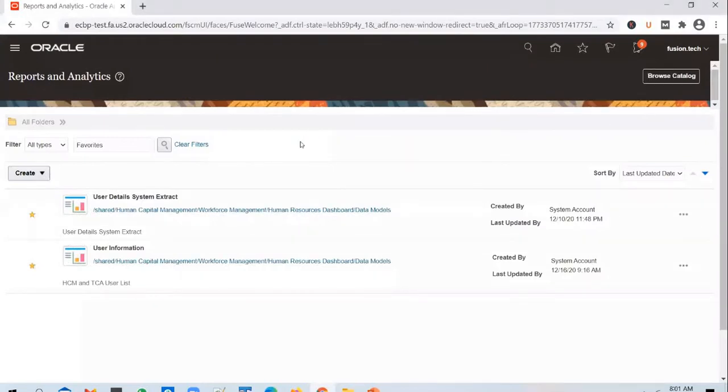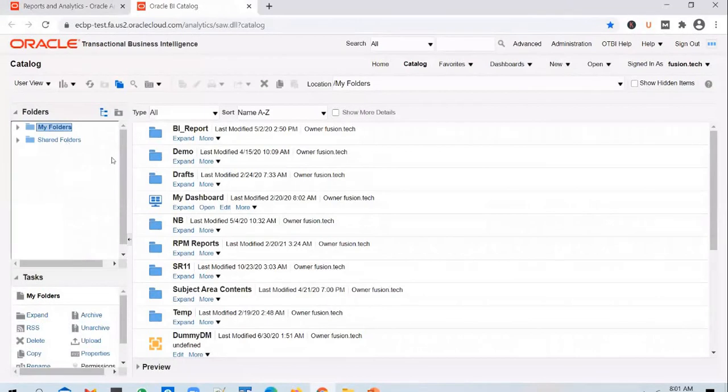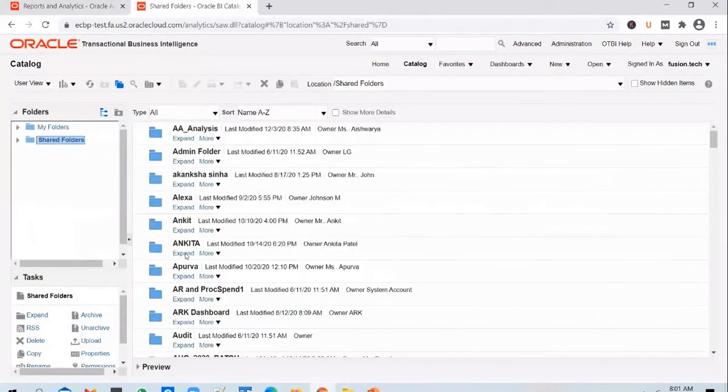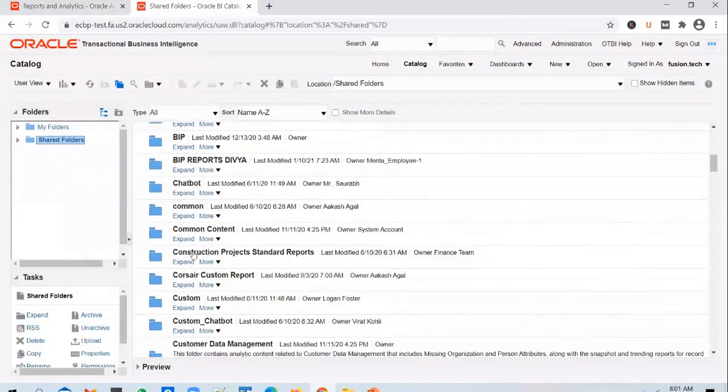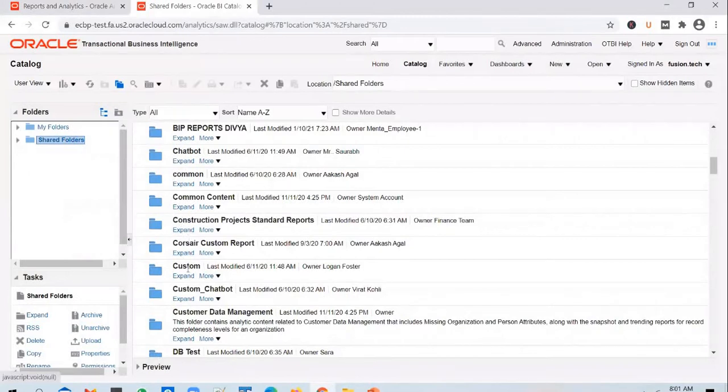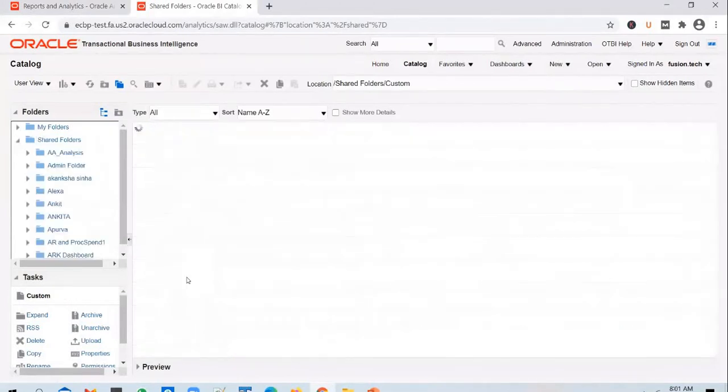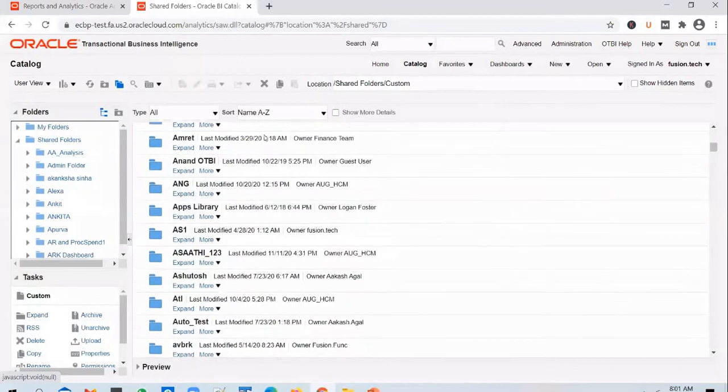And click on Browse Catalog. And in here, in the shared folders, you have a custom folder, and under the custom folder we have created a new folder.